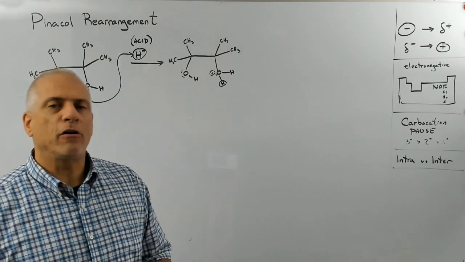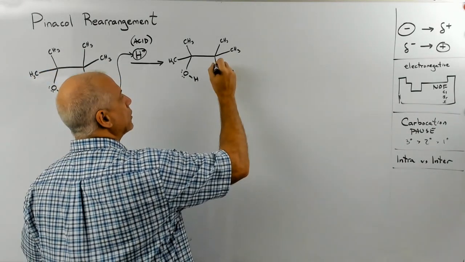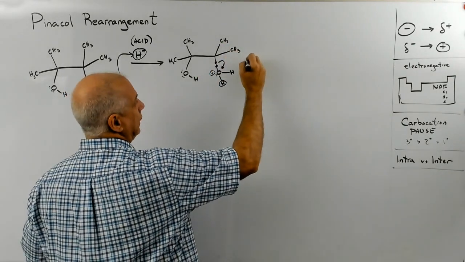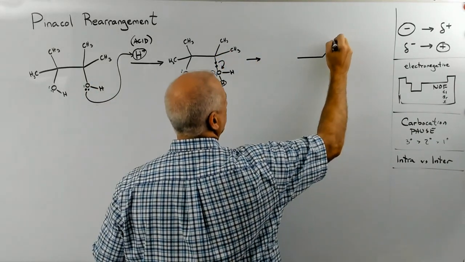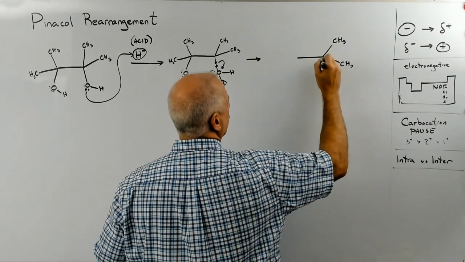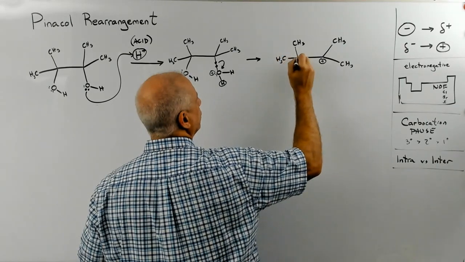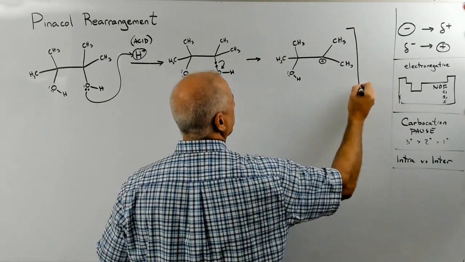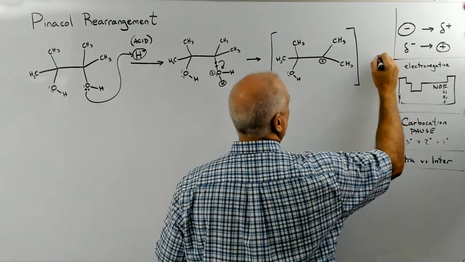At this point, as soon as the alcohol gets protonated, this becomes a really good leaving group. Water is an excellent leaving group. So it's going to pull these electrons, pull off and leave, and end up producing a carbocation at that carbon right there. So we have a methyl group. Now this is a carbocation. On the left we have a methyl group, and this OH over here, this alcohol is still sitting there. I'm going to put brackets around this because you cannot isolate a carbocation,